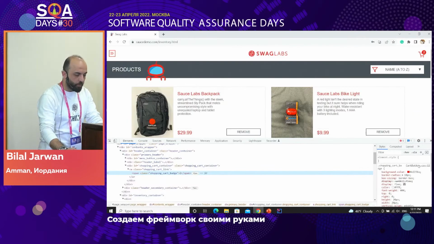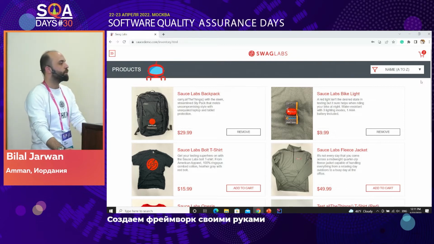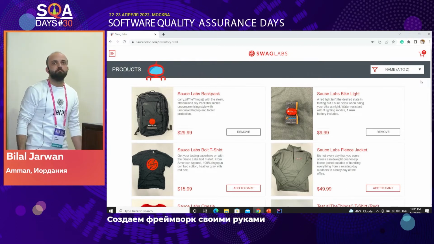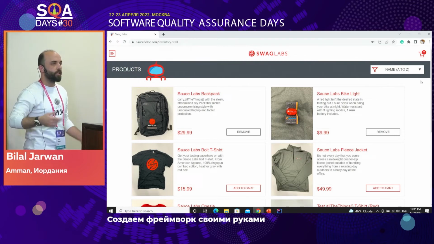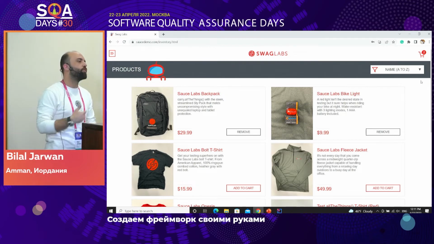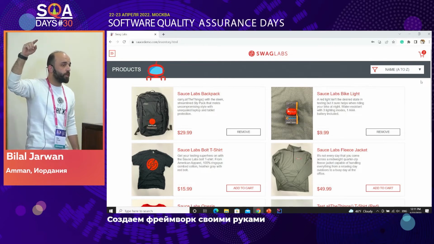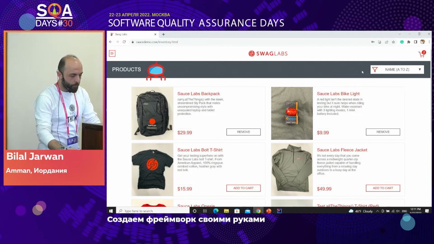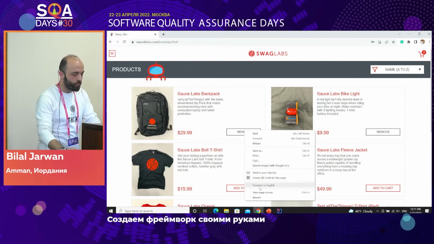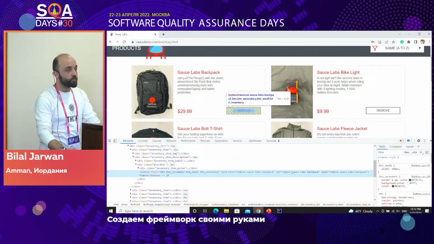Okay, now we can choose another test. For example, let's say we need to add 2 items to cart and remove 1. We're adding 2 items and need to remove the first one and make sure the counter is working correctly. So it's 2 and now it's 1. We can go to remove. Let's say we need to remove the first one, and you see it has an ID, so we can go to